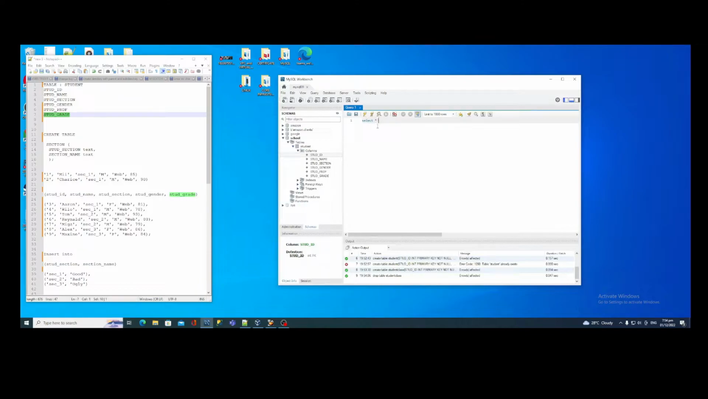To see the data, we use the select syntax. So select asterisk. Asterisk means all of the columns on a table, so all of the columns that we have. Here we have ID, name, section, gender, prof, and grade. So, select all the columns from